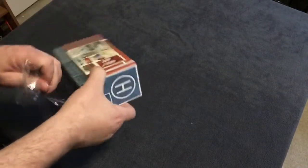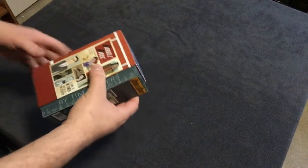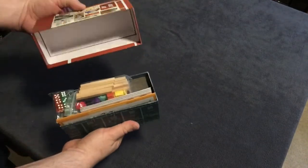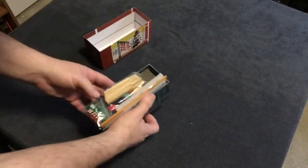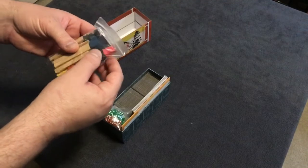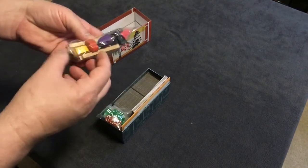Helipad at the top. It's a very, very well designed box. I like this. It's really very slick. Okay. Oh my, there is a lot to this game. Wow. Okay. So we have what appear to be a bunch of meeples